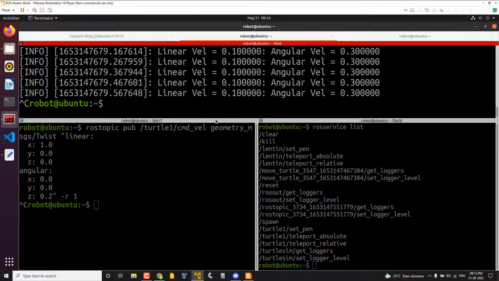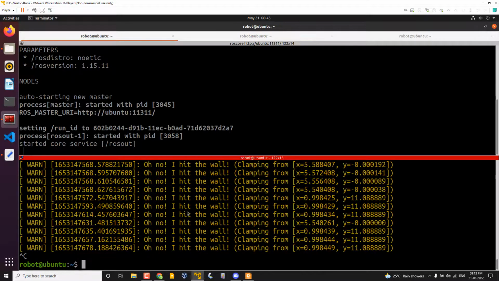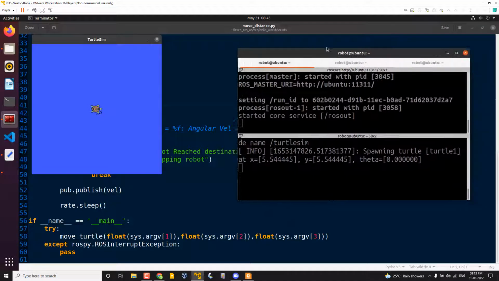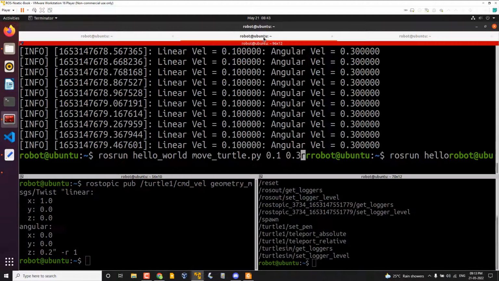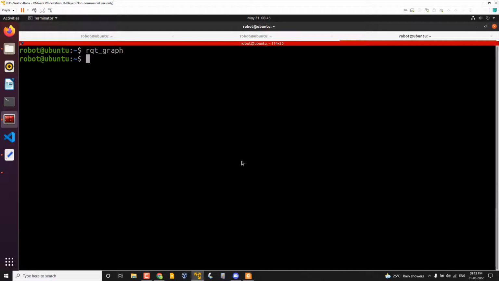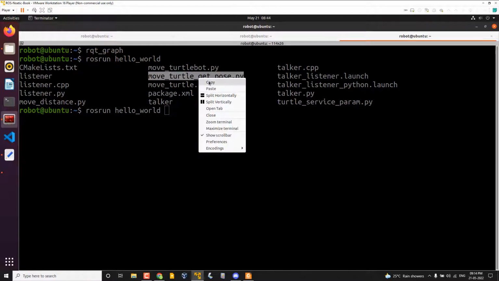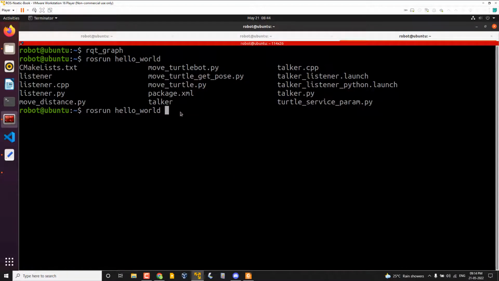The intention of this code is just to demonstrate how to get the position and how to publish at the same time. Maybe I can show you that. So we have the turtlesim here, and then I'm just starting the node. So rosrun hello world, and then move turtle get pose. I think that is the code. No, it's move distance. Okay, move distance,